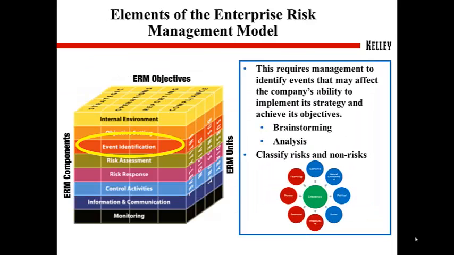So where do we directly address risk in the enterprise risk management model? Well, it occurs around that third row in the model. And this requires management to identify all the events that may affect the company's ability to implement its strategy and achieve its objectives. Usually management does this by brainstorming or analyses, and they then classify the events as either risks